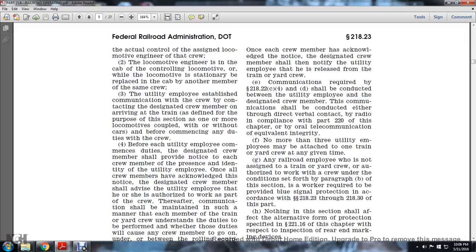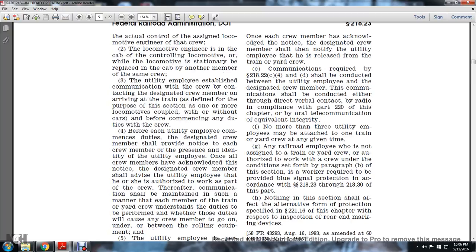Before each utility employee commits to the duties, the designated crew member shall provide notice to each of the crew members of the presence and identification of the utility employee. Once all of the crew members acknowledge the notice, the designated crew member shall advise the utility employee that he or she has arrived to work as part of the crew. Thereafter the communication shall be maintained in such a manner that each member of the train or yard crew understands the duties to perform,